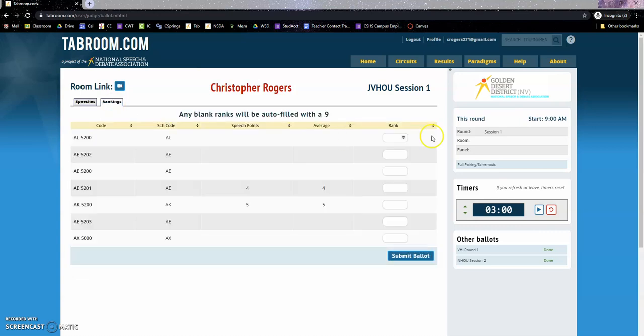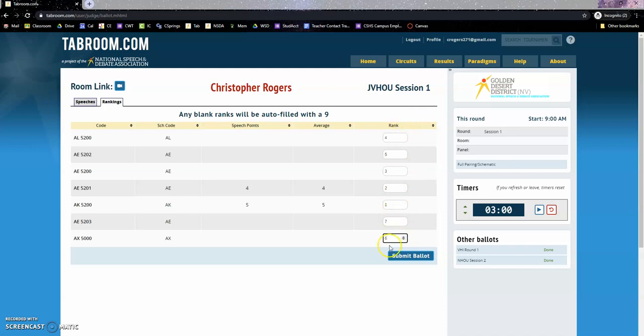And then there is this page over here, which is rankings. It is automatically going to average the speaker points that you gave to students so that you can see that in their rankings. And then we have 1, 2, 3, 4, 5, 6, 7 speakers in this room. We always rank through 8, so every single kid in this room is going to get an individual ranking. And I'm just going to do this at random right now, but each of these, you can see, needs to be unique. It will not allow me to submit my ballot if I don't have a unique rank for every single kid who's in the room,